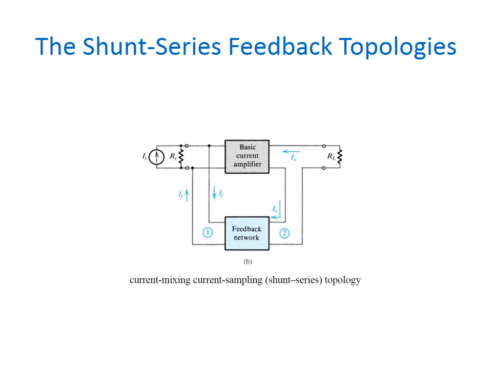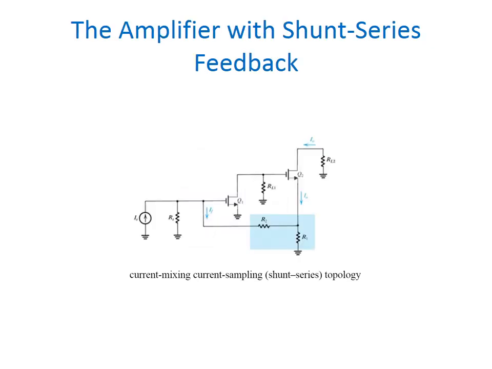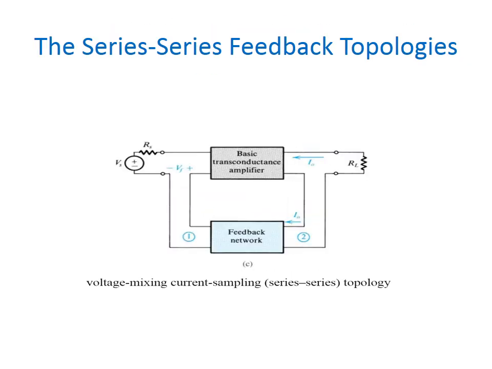Next, the shunt series feedback topology. Here in this type of circuit, a portion of the output voltage can be applied to the input voltage in parallel through the feedback circuit, by which it is very apparent that the feedback circuit is located in shunt by means of the output as well as the input. So when the feedback circuit is applied in shunt through the output as well as the input, both the output impedance and the input impedance will be decreased. This is the amplifier using shunt series feedback.